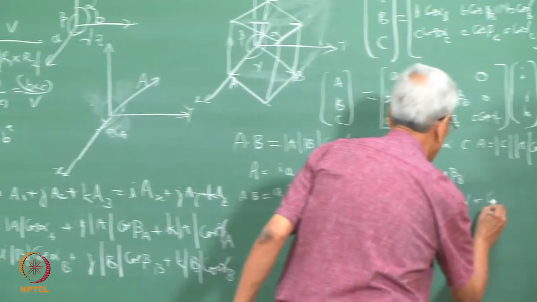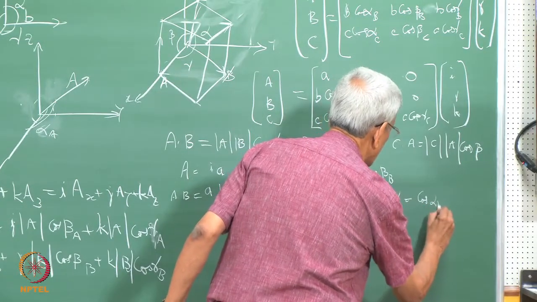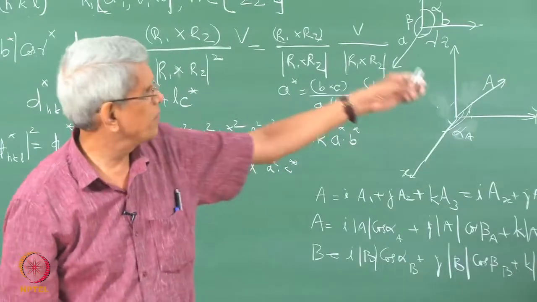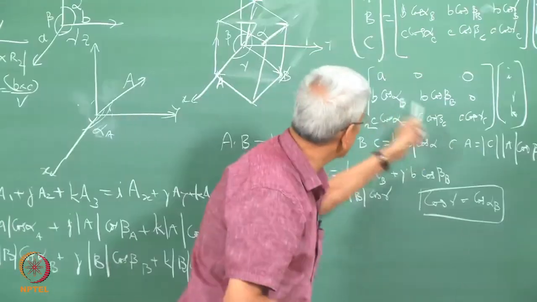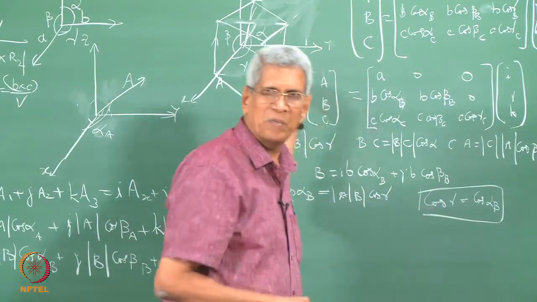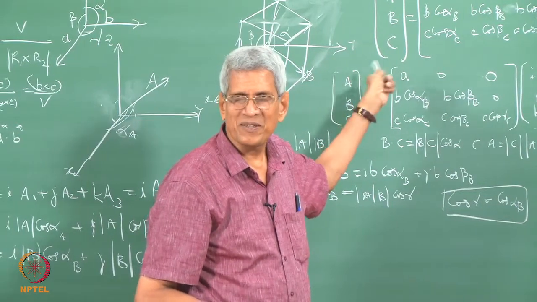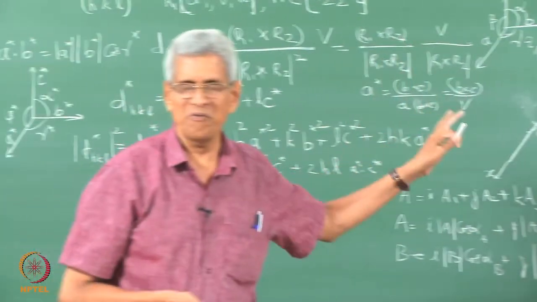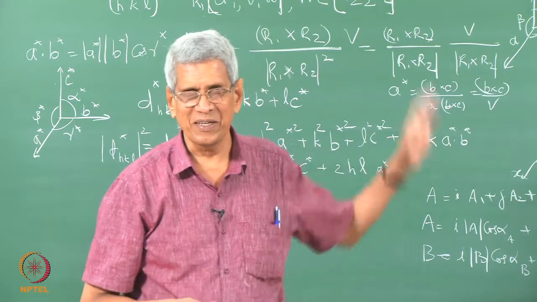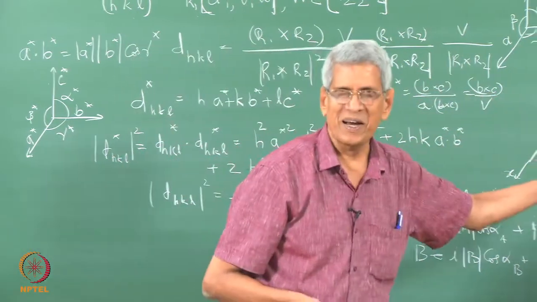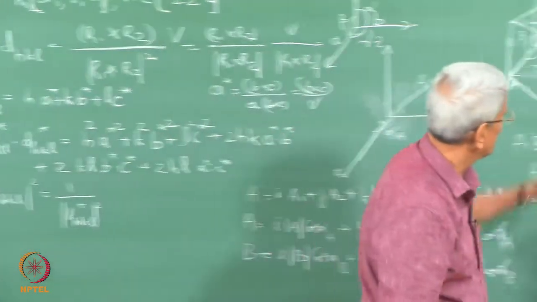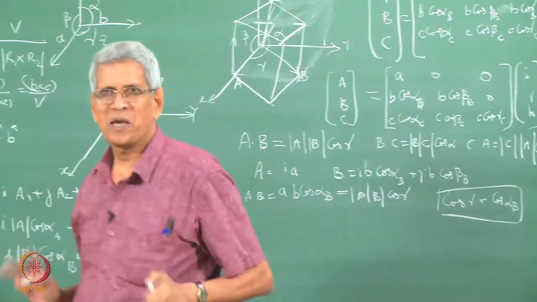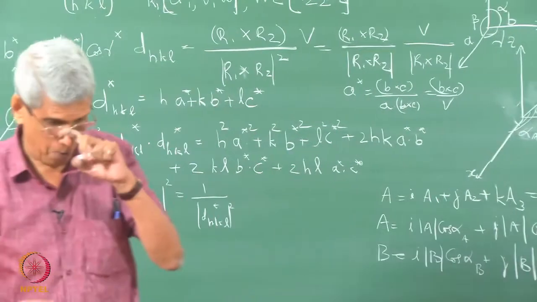Now, we get that expression, right. Cos gamma equals cos alpha B, correct. So, now alpha B, we have got it in terms of the angle between the two lattice translation vectors of the unit cell. Essentially what we have to do is get that information like this for all other angles. If we get it, we will have an expression connecting A, B, C in terms of the modulus of A, B, C and the angle between them. That is the whole game. Once that information is available, we have it.